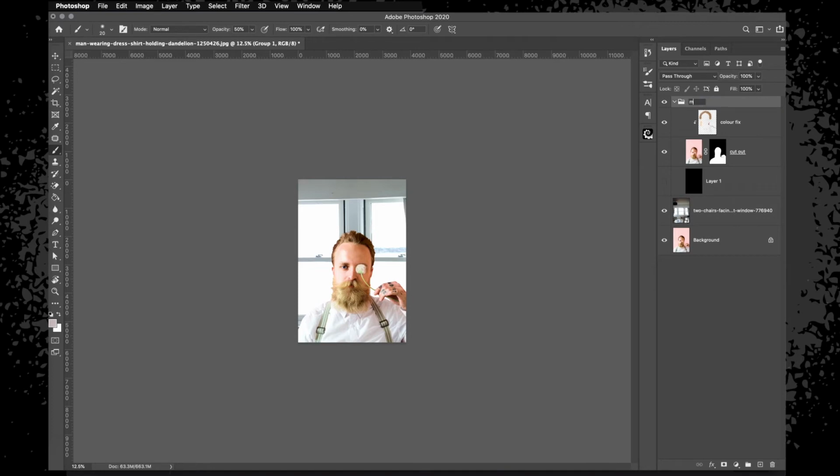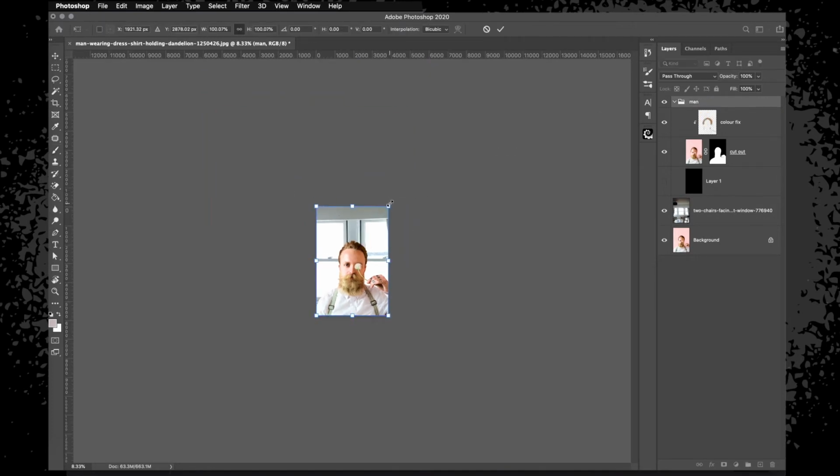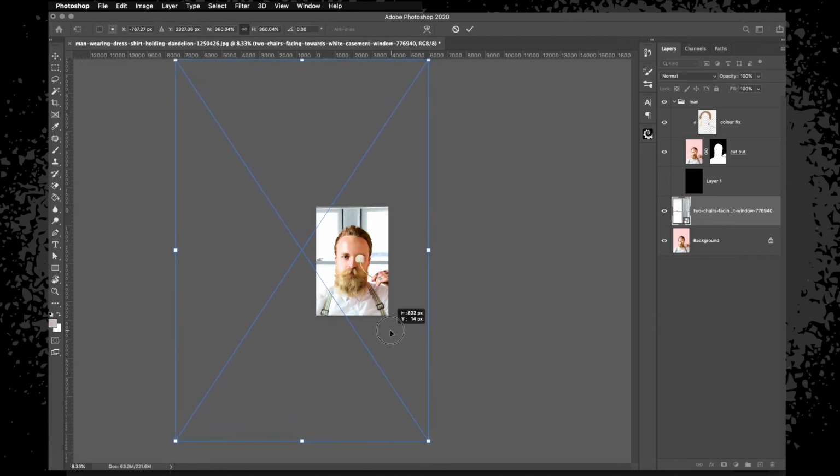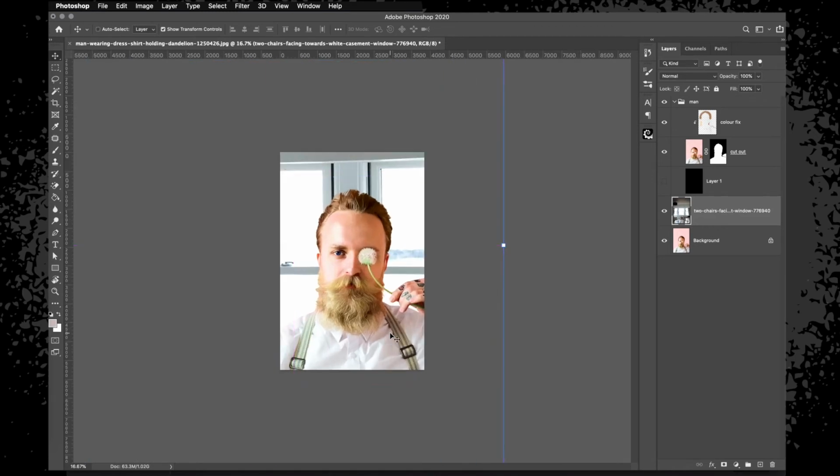So with the group, and then that's a man. I'm going to simply go in, zoom out a little tad, click the corner, I'm going to click option, so it pulls from the middle. I'm going to drag out, and I'll drag up to something like that, and then make the background a little bit bigger again. Something like that. So you can see it's a little bit better for the composition. I think obviously if it was too far away, it adds a little bit more detail what we need. So once we're happy with our selection,